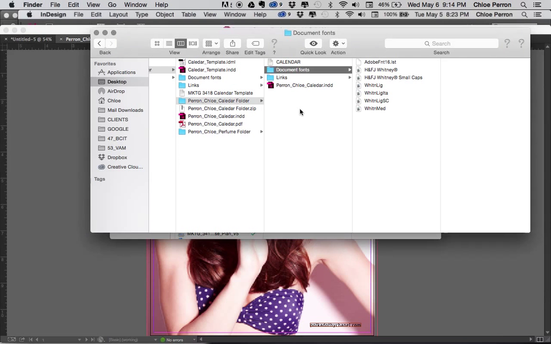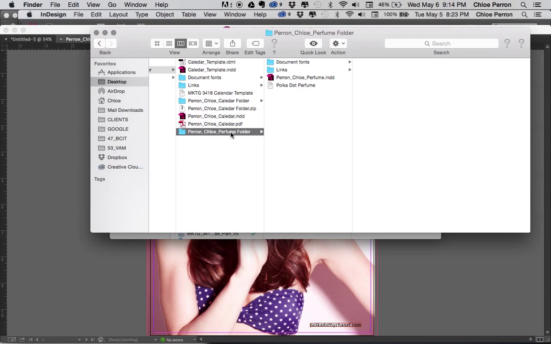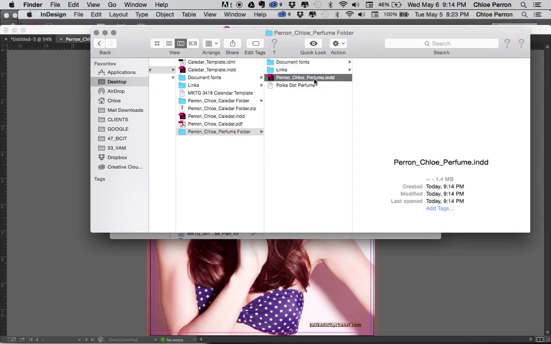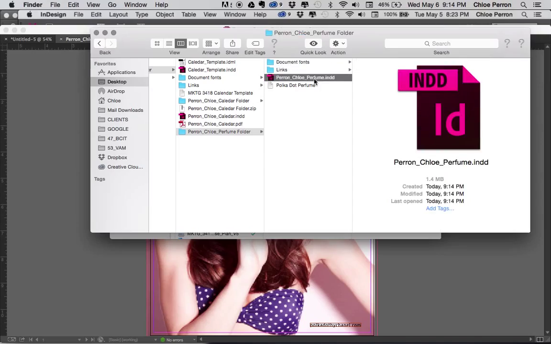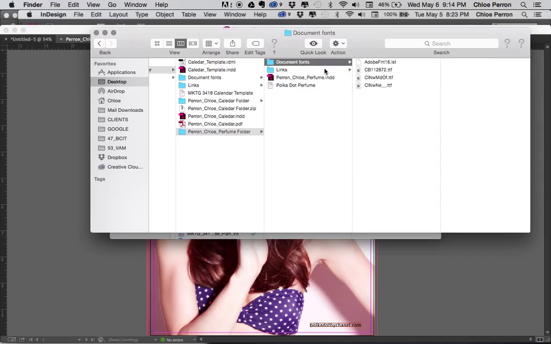When I go to my desktop, I can see that it's created this folder, and within that I have all the fonts that are being used and all of the links. So if I pass this off to anybody and they open this perfume InDesign file, they must install the fonts on their computer to make it work properly, and they must make sure that the links are connecting properly. So just beware that whenever you're passing off image or InDesign files to anybody else,